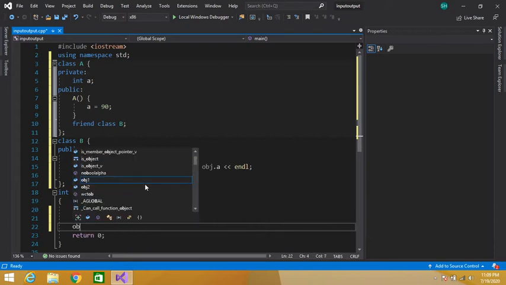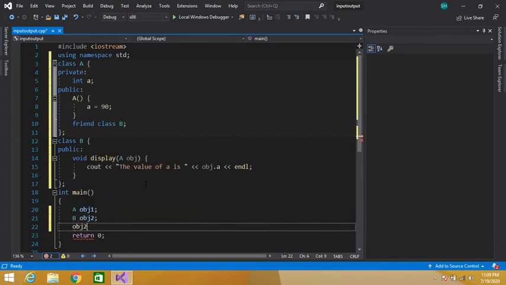So obj2.display, and here we have to pass the class A object, that is obj1.